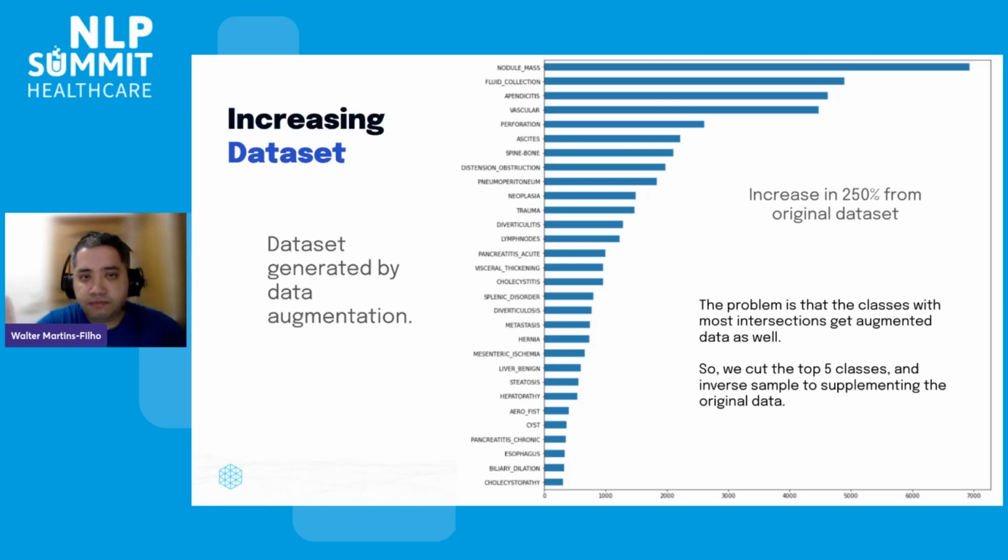And you can say it looks more similar to the histogram of the labels at the beginning, but what changes is that the top five are the classes with more data that is related to other labels. So we cut the top five classes and we start selecting samples to complete your original dataset by the class with the lowest number of augmented dataset generated by this methodology. Supplement your training data and supplement your validation data.